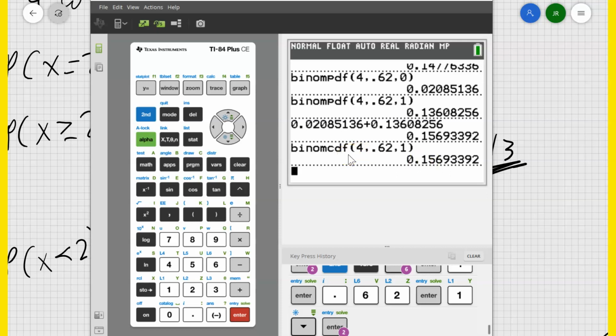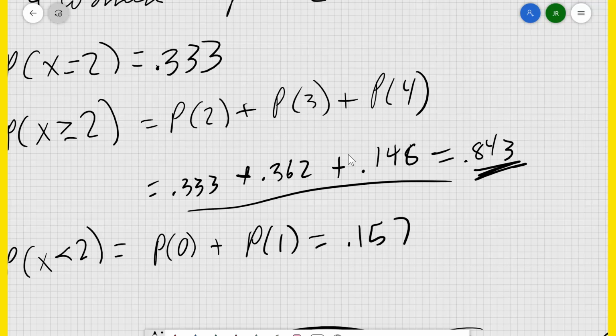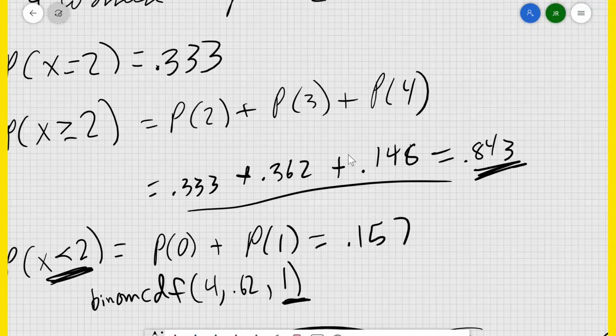Okay. What if I wanted to know, so let me go here and say what we can do. We can just say Binomial Cdf, and we put in 4 and 0.62, and we can put in 1 here. So the probability that x is less than 2, I need to put 1 for my x in my CDF, and it'll tell me the answer. Because it tells me, again, the cumulative probabilities all added up all the way up to and including the number you put in right there. So I didn't need to put in 2 because I didn't want it to include 2. I wanted it to be less than 2.